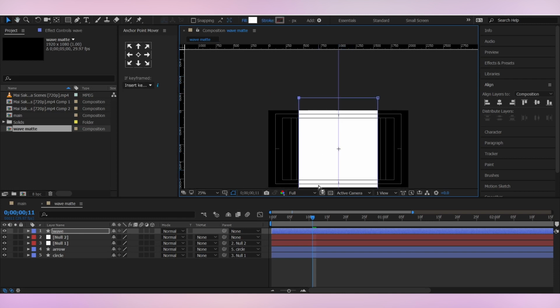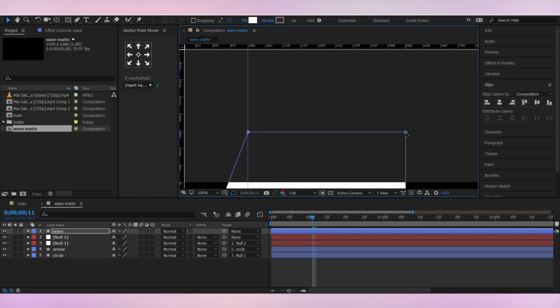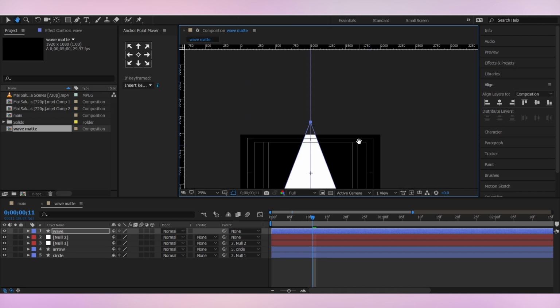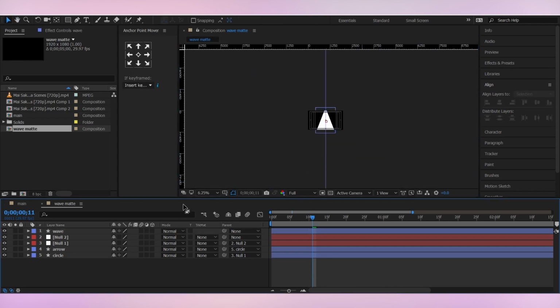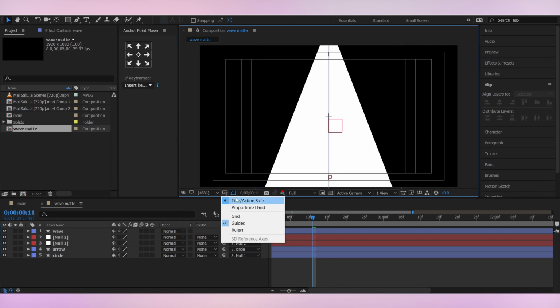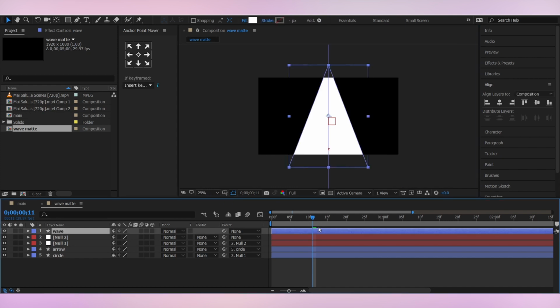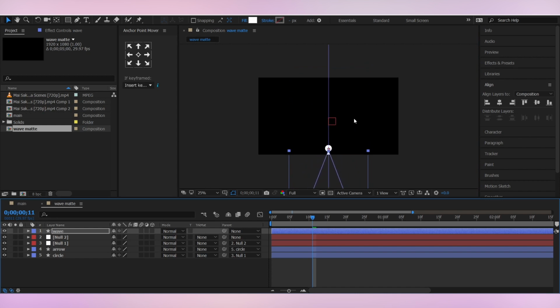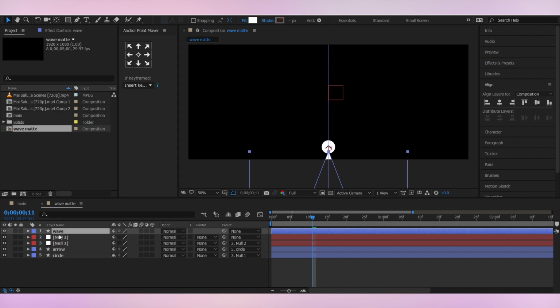After that, bring our edges to the middle. While our edge is still selected, I'm gonna move it in the middle and do the same for the other edge as well. Select it and bring it in the middle. Cool. Also, I'll turn off the title and bring this shape layer, our rectangle layer, down, and put it below the circle layer.